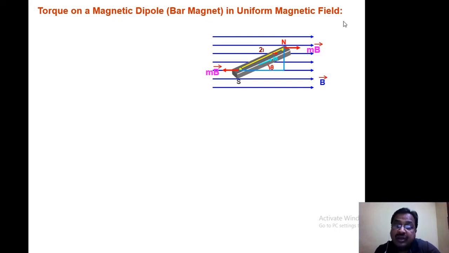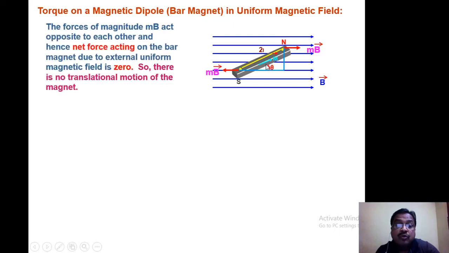The spacing between the two poles, the north pole and the south pole, is nothing but 2L. The distance between the north pole and the south pole is 2L, and angle theta is the angle between your magnetic moment vector and lines of force. So we know magnetic field strength at any point is nothing but the force experienced by a unit north pole placed at this point.